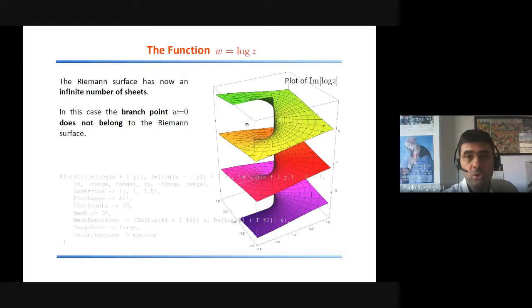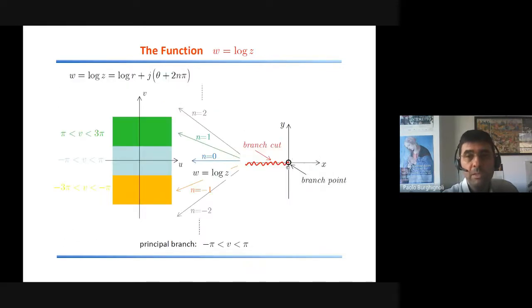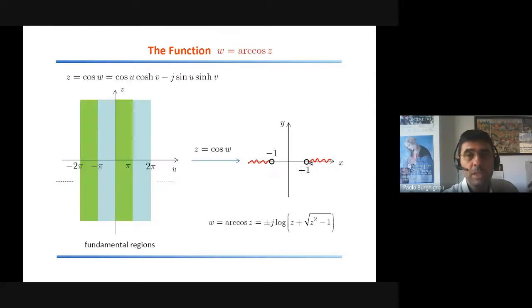So the origin is an example of a branch point that does not belong to the Riemann surface. As an exercise, you can study, for example, the inverse cosine function, which is related to the exponential and to the logarithm, or better, to the logarithm function. And you could try to prove that those represented here on the left are the fundamental region